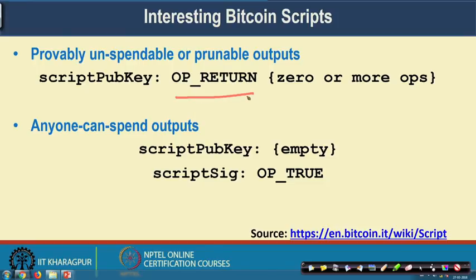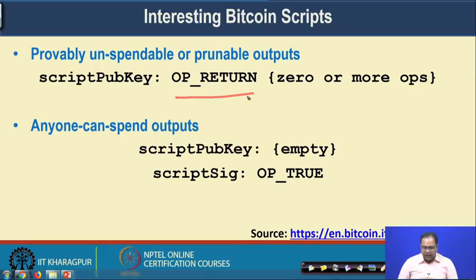Whenever you write OP_RETURN, it will immediately return from the stack top with a false operand. Then you are sure that whatever Bitcoin has been transferred as a part of this transaction is not usable Bitcoin, so you cannot use those Bitcoins any further.